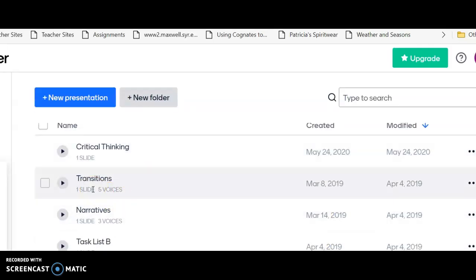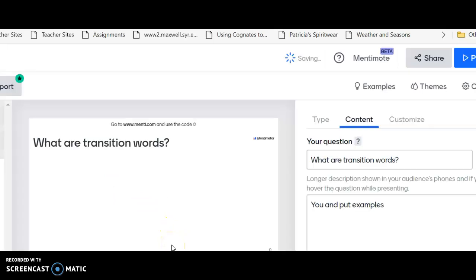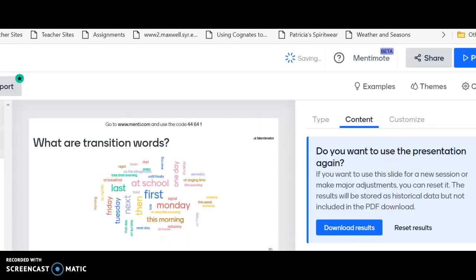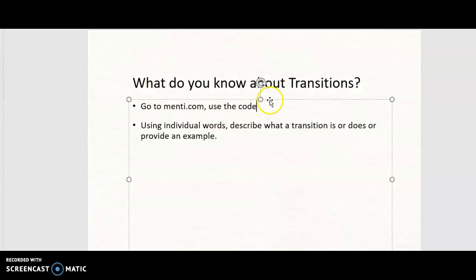Right here. This was a while ago. What are transition words? This was one that they did for us, and what it does is that it gave us this word cloud. So I had them type in the question, what are transition words? You can share whatever link that is. Ask them to put in